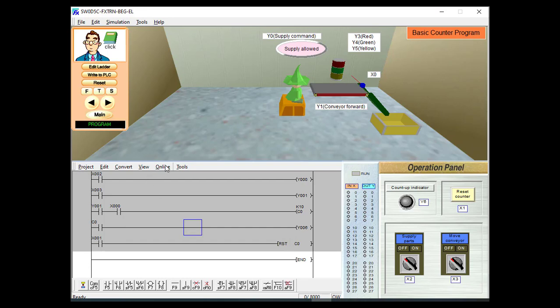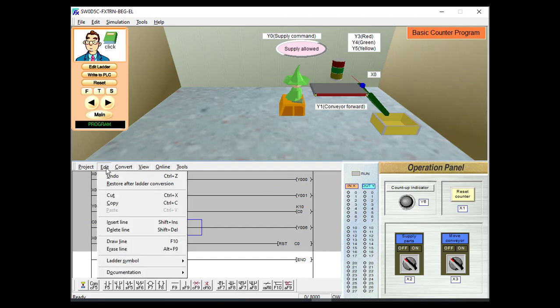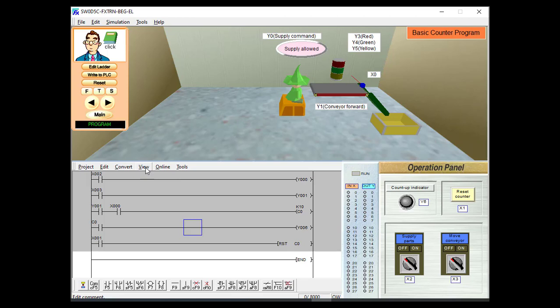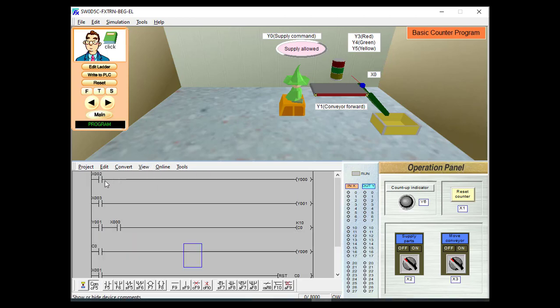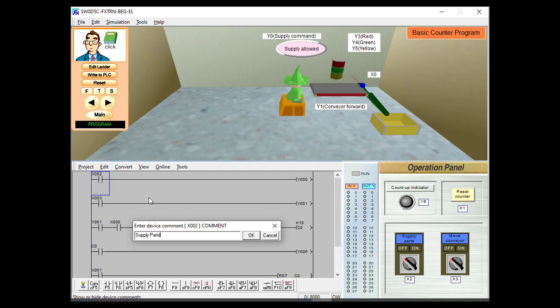Now we'll give comments for this program. This is our supply part button. Next is our conveyor button.